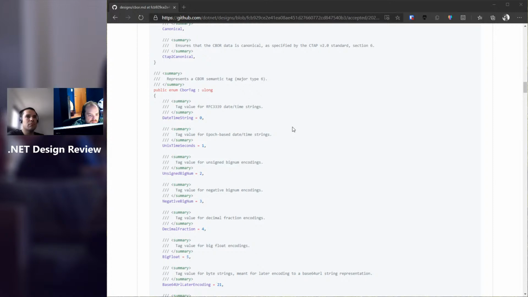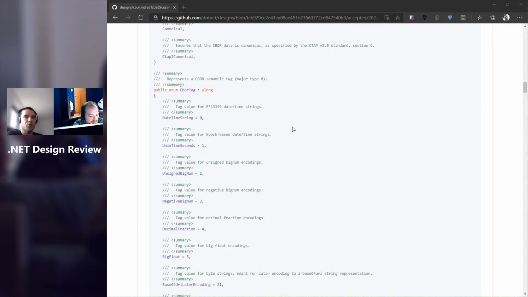I mean, an enum is kind of behaving differently from a normal number type, so maybe it just works in VB, but unless there's a strong reason why it needs to be ulong, I would probably go with long. Because if it's literally just bits on the wire, then it doesn't matter whether it's ulong or long. So unsigned